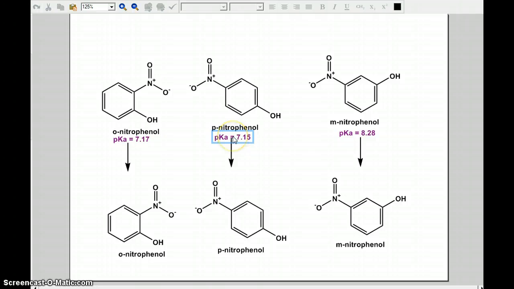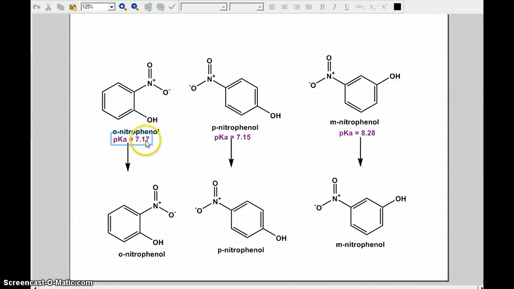So these are fairly equal. The ortho substituent is slightly higher, or less acidic, whereas meta is actually more, right? So it is less acidic basically than either of these two. Okay, for these two, the pKa of para-nitrophenol is less than meta-nitrophenol, because the nitro group at the para position has a much greater electron withdrawing effect than at the meta position, and therefore the pKa drops. Okay,